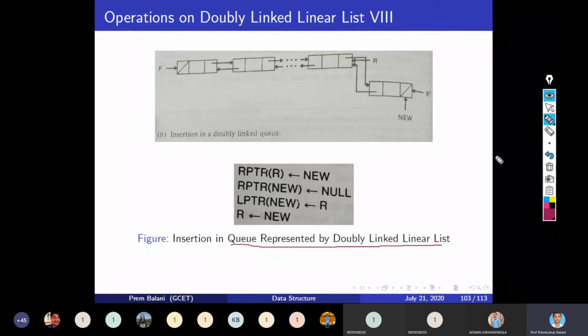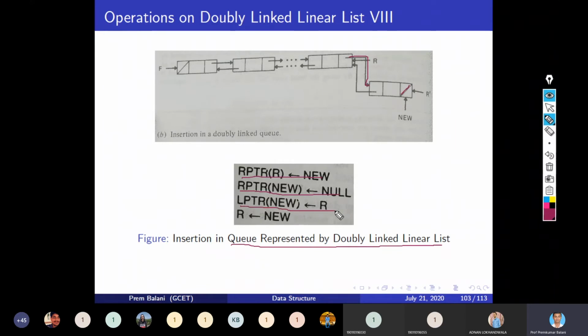So for that, what steps do we need to do? Right pointer of R equal to new. So this is my new, and the right pointer is equal to new, and right pointer of new equal to null.